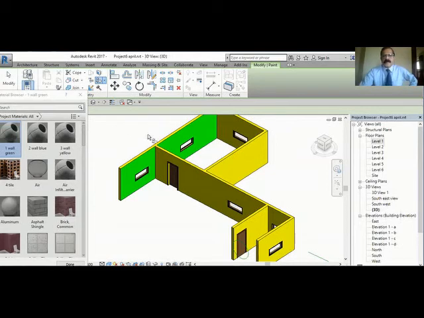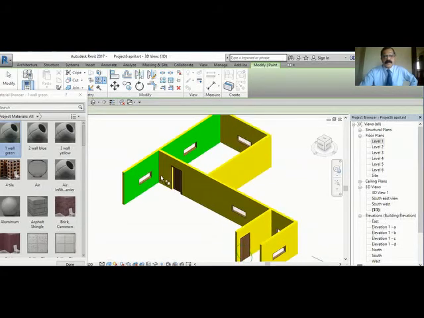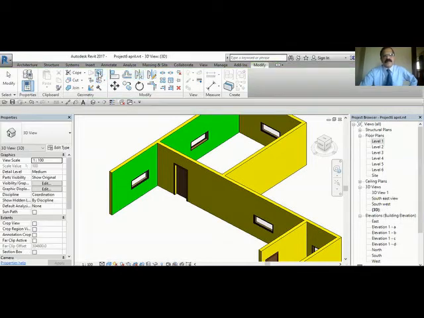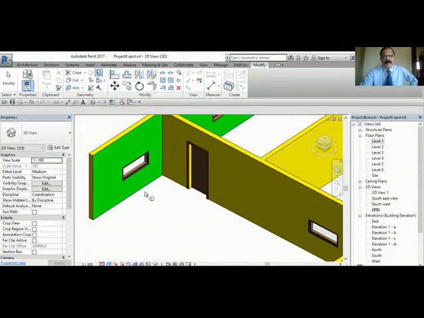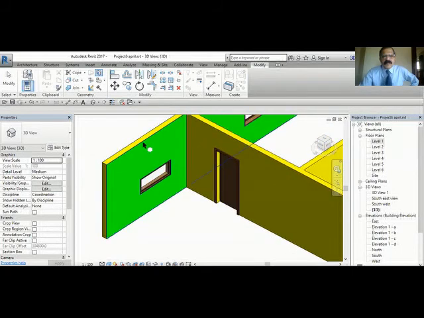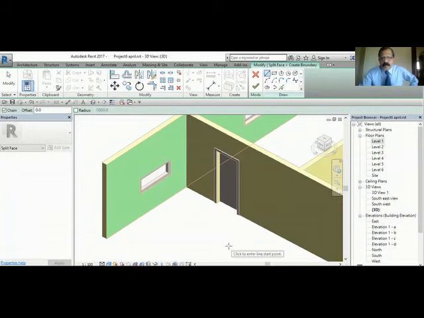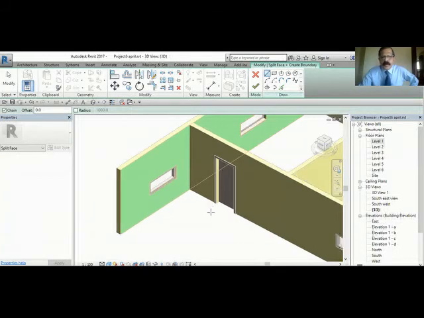Now the question is how to give different colors for different walls and rooms. So here comes this. You remember we used Split Wall earlier, but here it is better to use Split Face. Click this. Zoom in and select the face which you want to split. Don't select like that, now it is selecting both. You come here and select, now you are selecting only this. Click. So it moves to another mode.